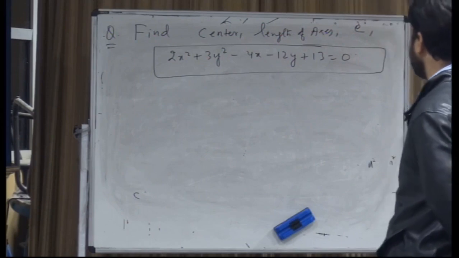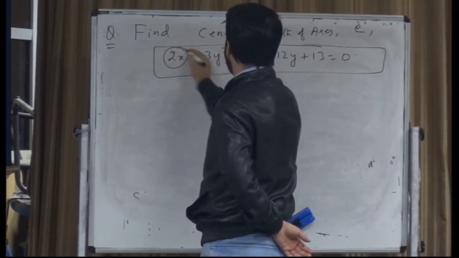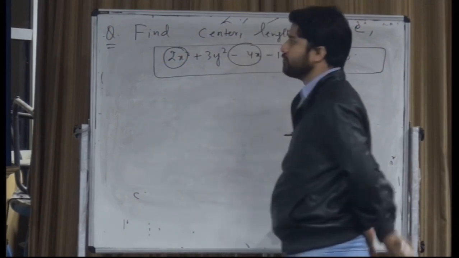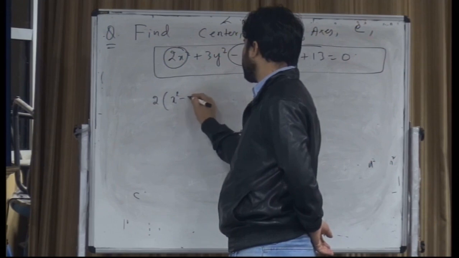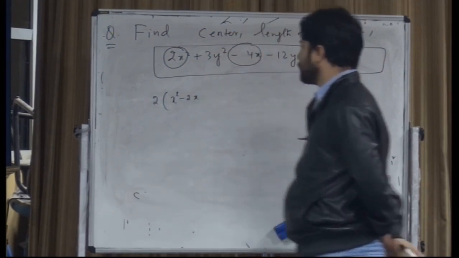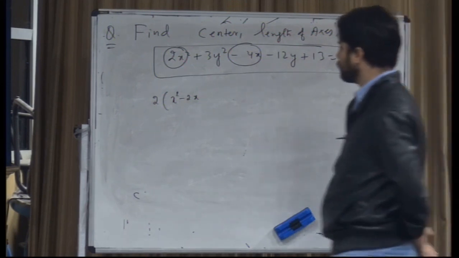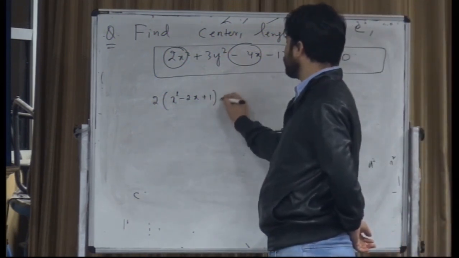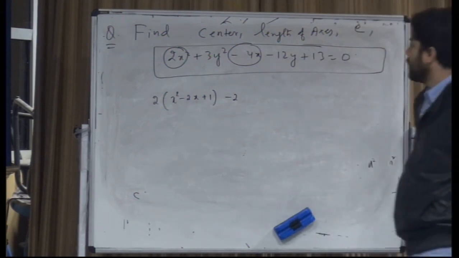I see here 2x square and I see here minus 4x, which means 2 into x square, इसको परफेक्ट स्क्वायर बनाने के लिए क्या चाहिए मुझे, +1 कर दिया, ठीक। अच्छा,